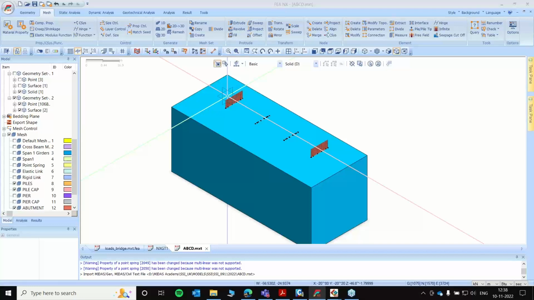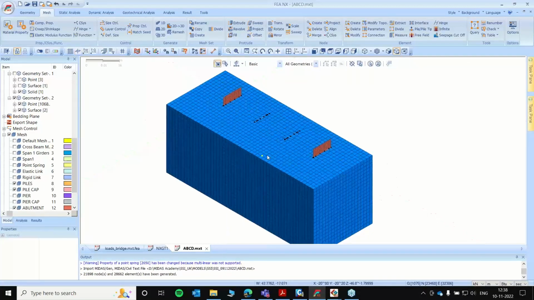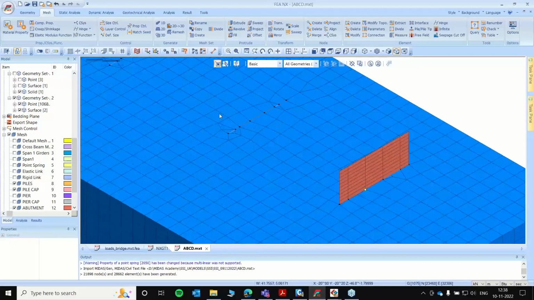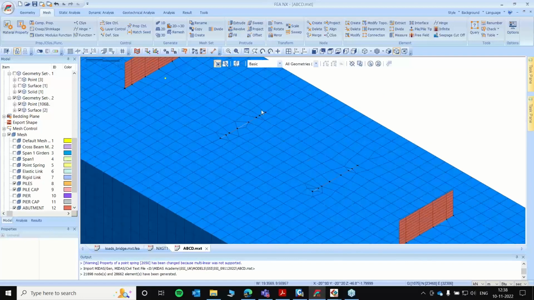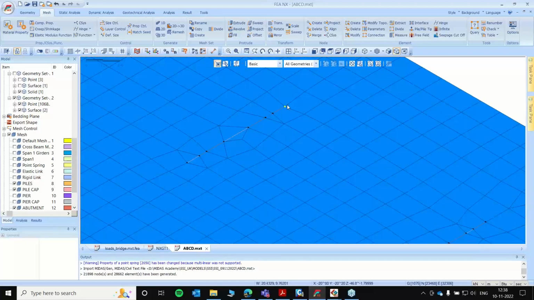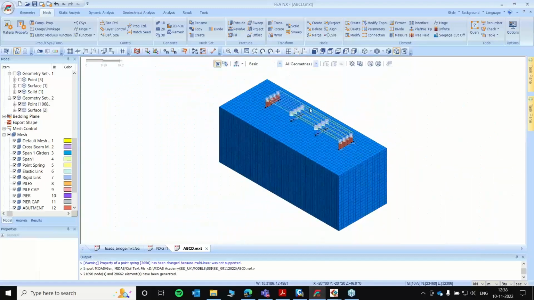It will take a few seconds to mesh that because there are a large number of points where nodes will be created. So there we have it. Since this is finite element modeling, you have to ensure that the ground mesh also shares the nodal connection with the meshes of the structure elements or the civil elements that we imported, like this. Now our meshing part is complete.